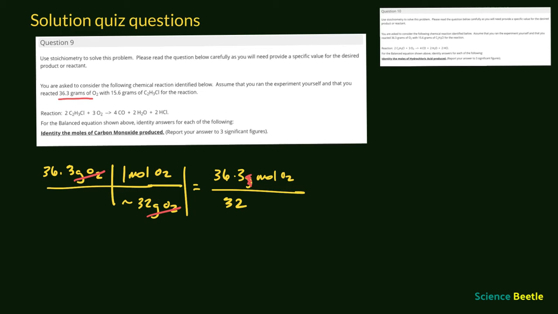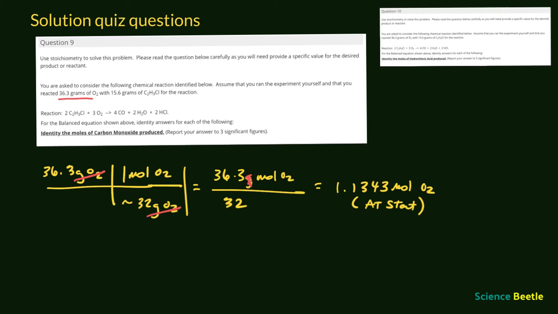So the only units that will remain here are going to be the mole units. So if I take that 36.3, go ahead and divide that by 32, this is going to give you approximately 1.1343 moles of O2, and it's important here that we identify this is going to be at the start. Okay, you want to go ahead and repeat the same process for the other compound, and so I'll put this